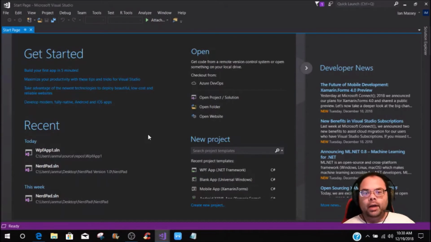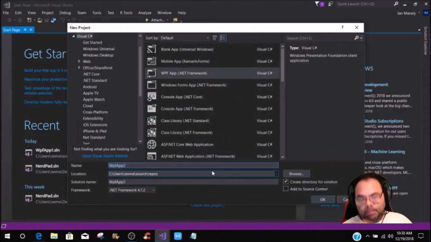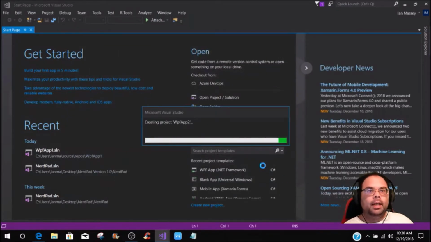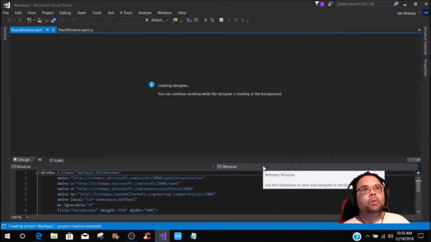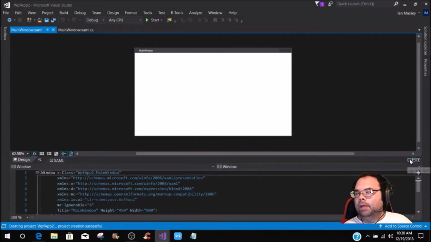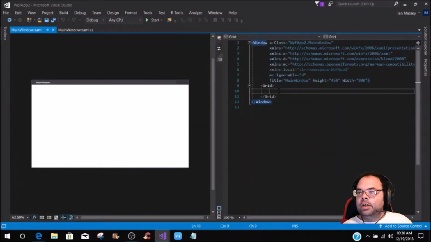So without any further ado, we are going to create a WPF application. This works in WinForms as well, so whatever you are using, WPF or WinForms, you can use this. Now, this is not going to be MVVM, and I'm going to do a tutorial later on about MVVM. Yes, MVVM helps your code be more organized as far as bindable objects and everything. So we're just going to do a basic